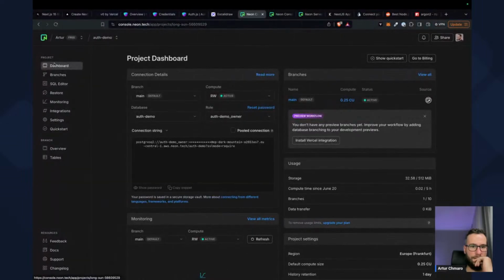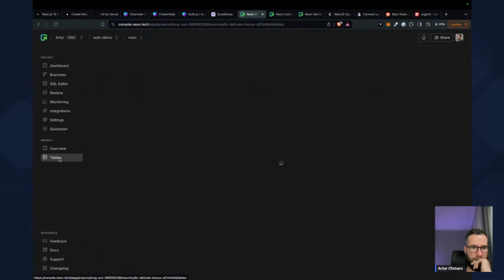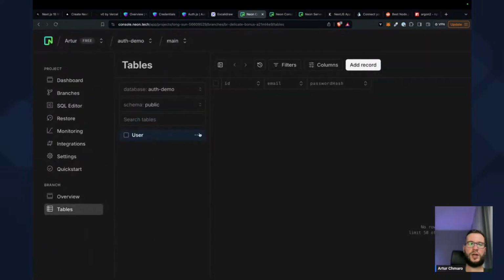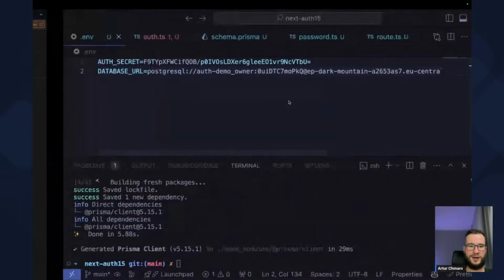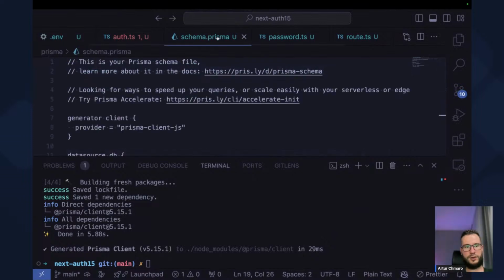So let's see how our database is looking now, because here we should be able just to access the database. So we have it here. Do they have something to preview the tables? Okay, we have the table, and we have here the ID, email, and password hash. All right, so now we can try maybe to log in finally. So coming back to our Auth file, let's go to